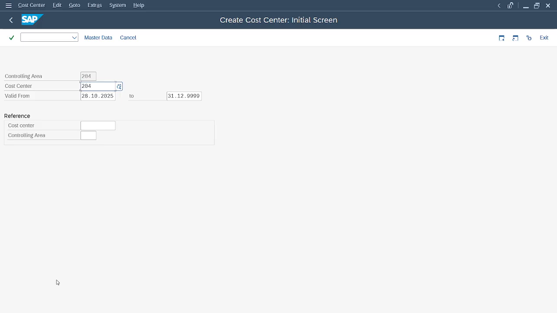In the future, we'll create a different cost center. The controlling area will be the same, but the identification for the cost center will be different. Right now it is 204 for our sales part. Then we create a different cost center for administrative costs or any other service costs. So the hierarchy will link it to our controlling area, because we have given the hierarchy in the controlling area. This way our cost center will be created, and here our controlling part will be completed.